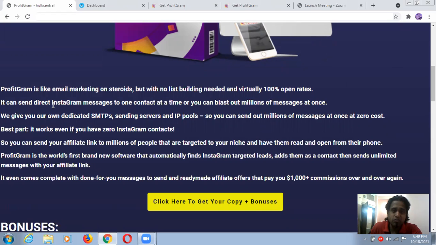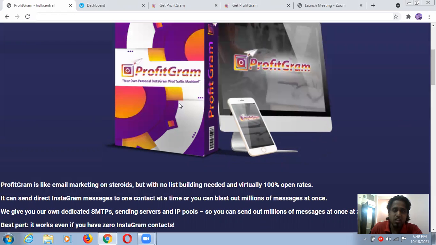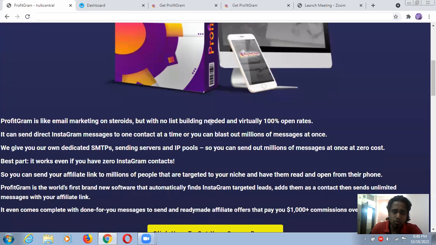Just because of that problem, this product has come into the picture, and you can see the open rate will be 100%. I'm not guaranteeing 100%, but it may be 90 plus, 80 plus percent, because it will always be greater than the email marketing open rate. And the CTR will always be higher. I'm just talking about paid advertising, where you always look for CTR, so it will always be better than that.